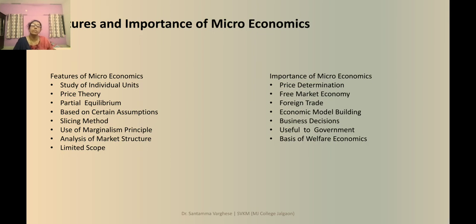Economic models mean, for production and distribution, which aspects we have to concentrate on and which things we should make. The variables mean what? We are changing certain things. For production, we keep one thing constant and change the variables, varying it. Accordingly, microeconomics helps us understand what all things we are going to vary.